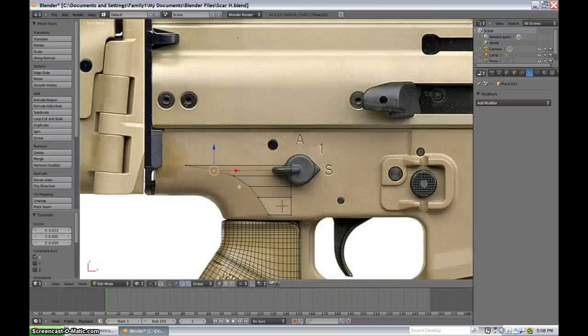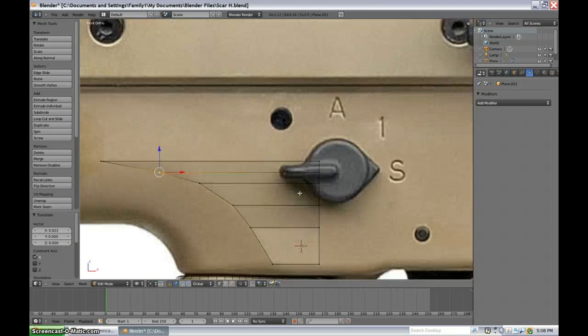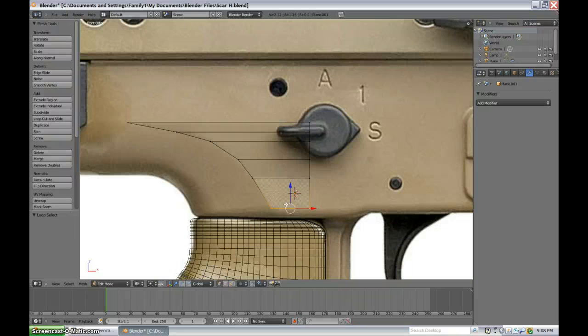Control R is to make a loop cut. Hopefully you already knew that, because if you didn't, that might have been fairly frustrating for you, and I apologize for that, but you should honestly know that by now. Okay,